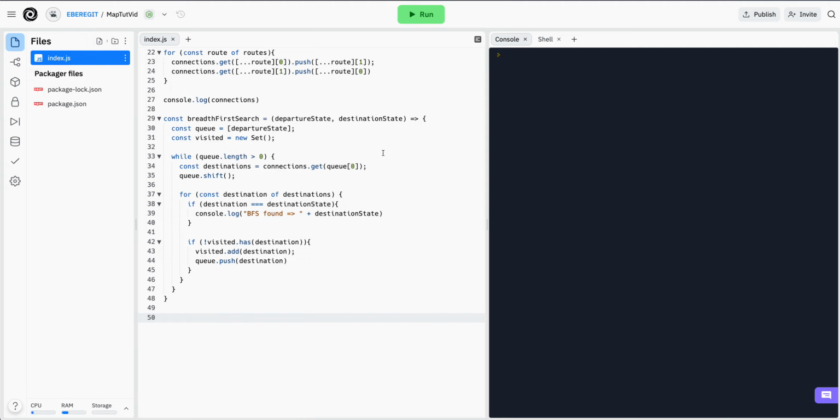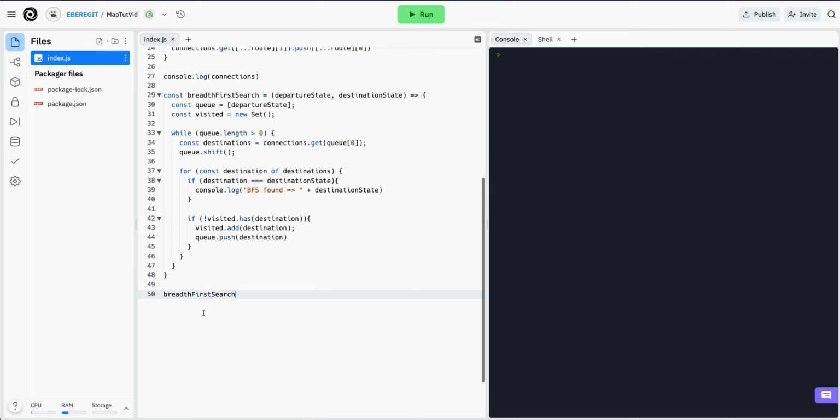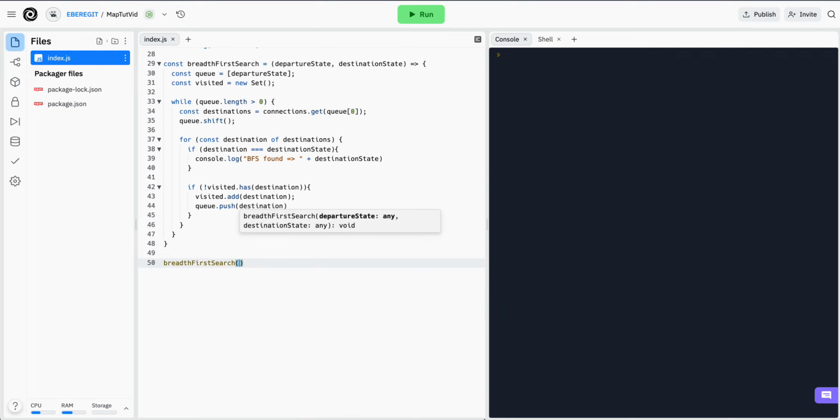So for us to check if our program is working, we just do a breadth first search here and then enter two states. So let's say we are entering Enugu and the destination state is Sokoto. Let's check for possible connections. So let's run this and